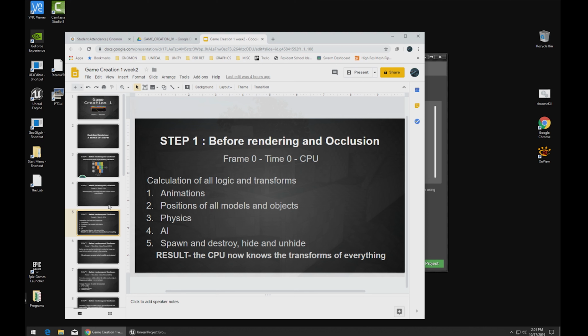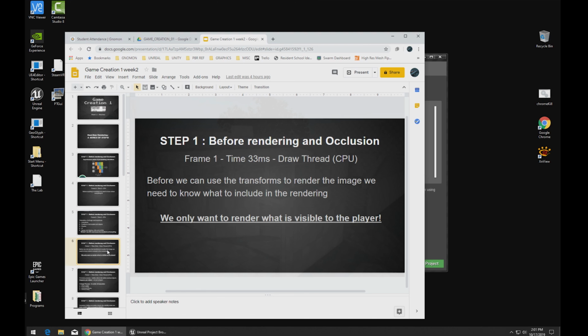Will those objects be spawned or destroyed based on gameplay stuff that's happening? There are all kinds of different things that have to be figured out as we're working through this. After the CPU knows where the things are, based on all these very complex things happening in the game engine,